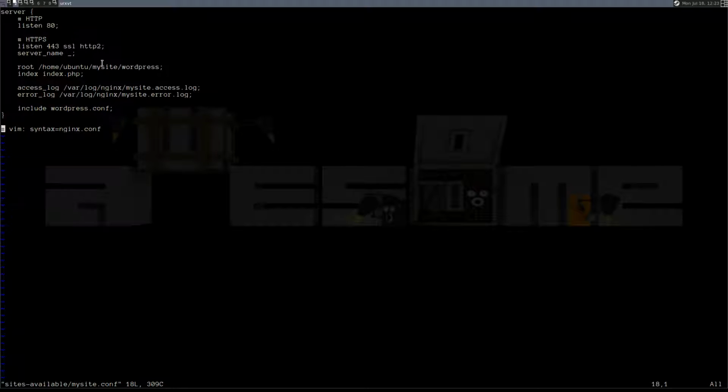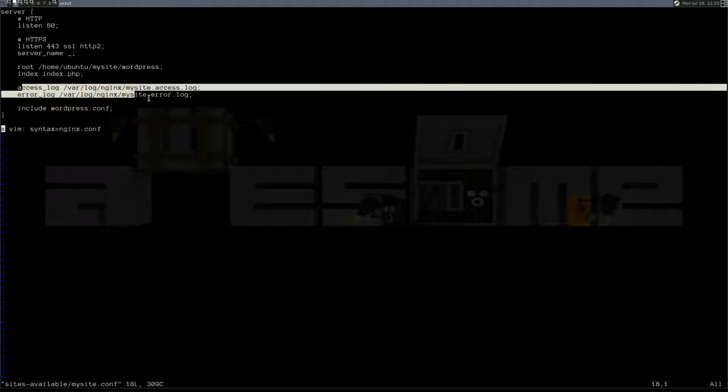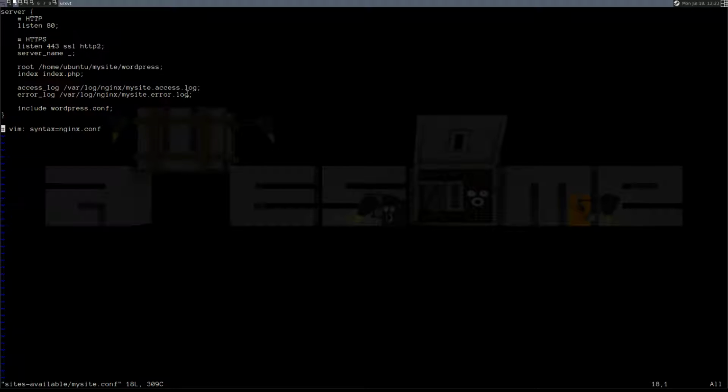You can change this to whatever you want. It's going to use index.php as the index file, and they're going to have their own access and error logs. They'll be in /var/log/nginx, which is where all the other error logs are stored, but it's going to be mysite.access, mysite.error. And we have an include wordpress.conf,